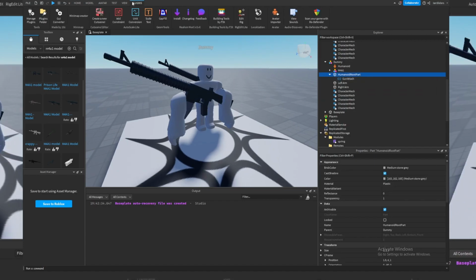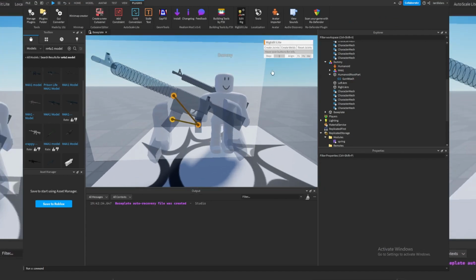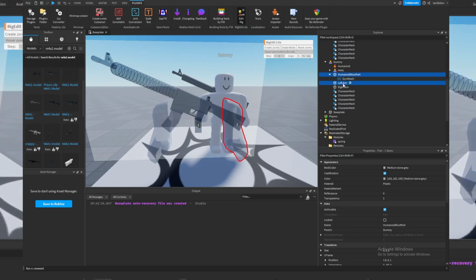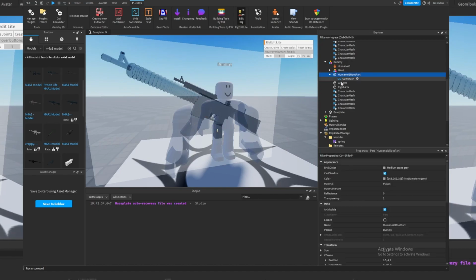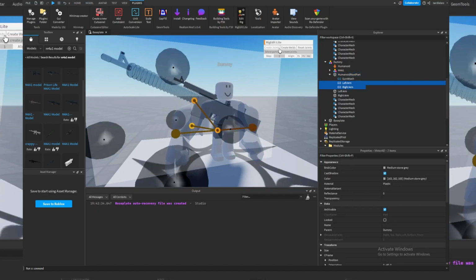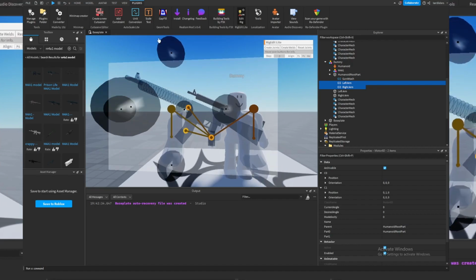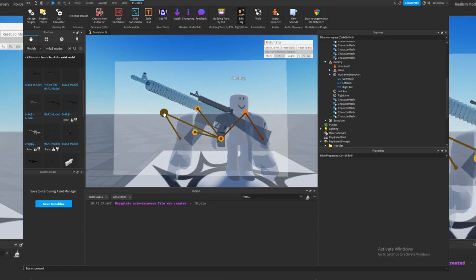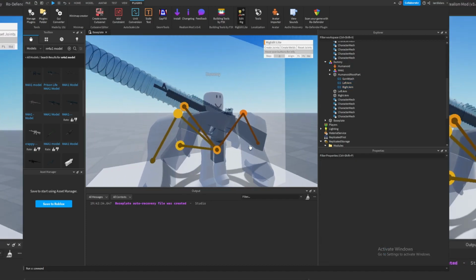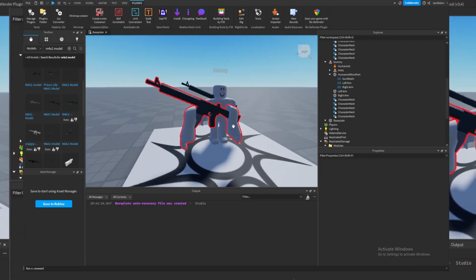So we're gonna wanna open up any rigging tool. I'll link one in the description. And then I'm gonna rig the arms to the HumanoidRootPart and set them up properly, so they are actually the way that they're meant to be. And this is what an R6 shoulder looks like. So now that we have that,